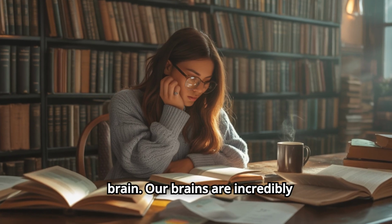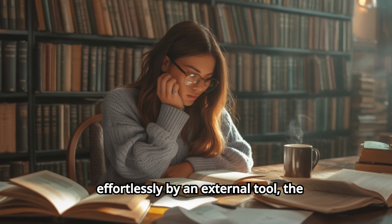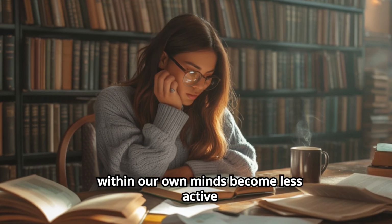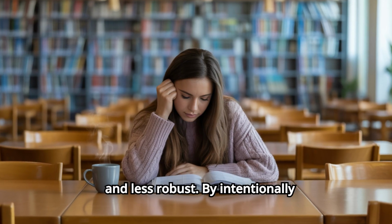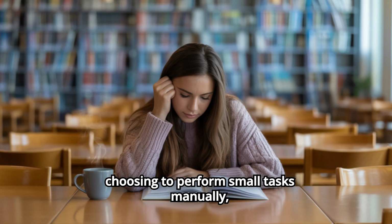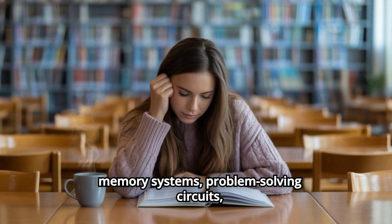of the brain. Our brains are incredibly efficient, and if a task can be performed effortlessly by an external tool, the neural pathways responsible for that task within our own minds become less active and less robust. By intentionally choosing to perform small tasks manually, you force your brain to engage its own memory systems, problem-solving circuits,